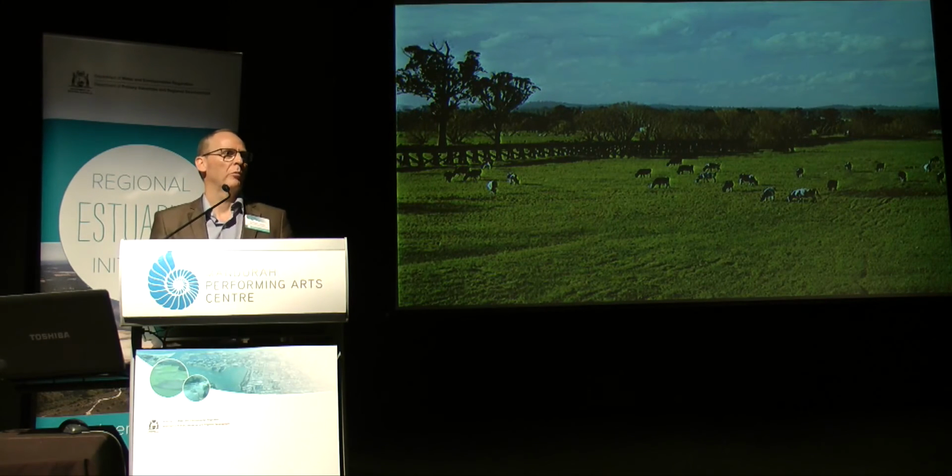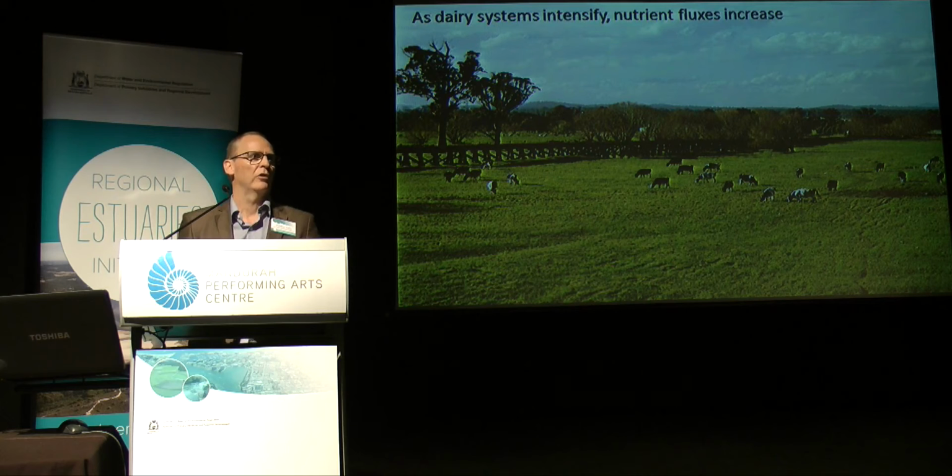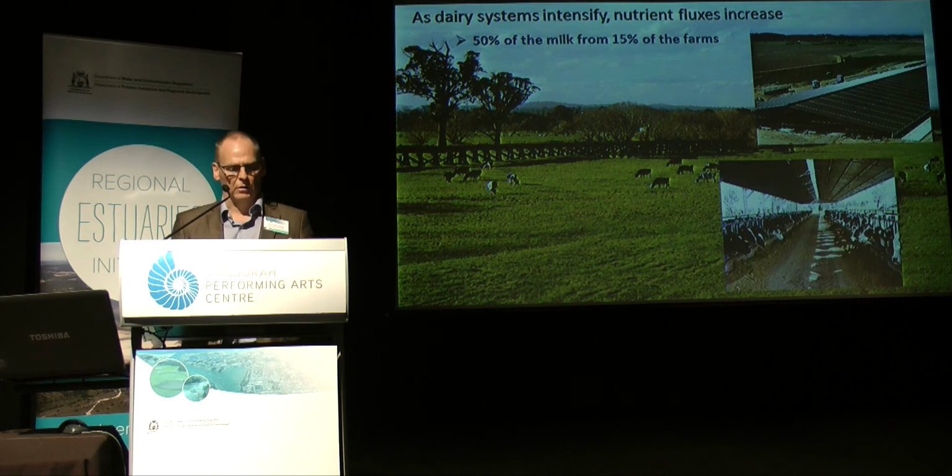So the other example I wanted to talk about was pastures and how effectively we're using nutrients in pastures. And if we're talking about nitrogen, then primarily we're talking about nitrogen applications in dairy pastures. We know also that as we intensify our systems, our nutrient fluxes are increasing, but it's unclear as to whether we're actually removing an equivalent amount. So there's a question around, as we intensify our systems, and we've certainly been doing that since deregulation, and the growth in confinement-based systems that has been happening, we're interested to know what's happening to those nutrients that we're